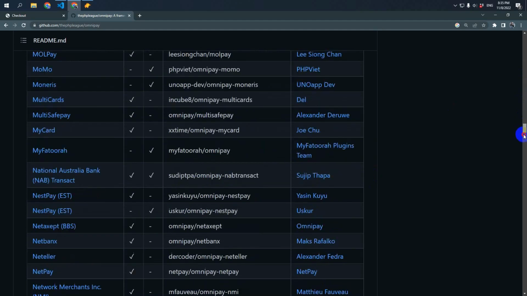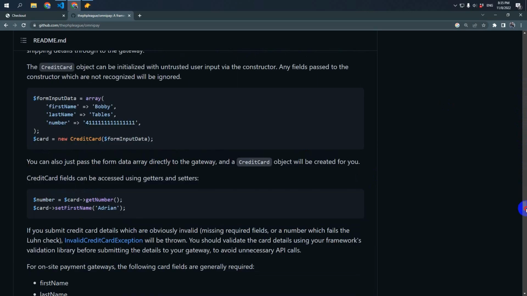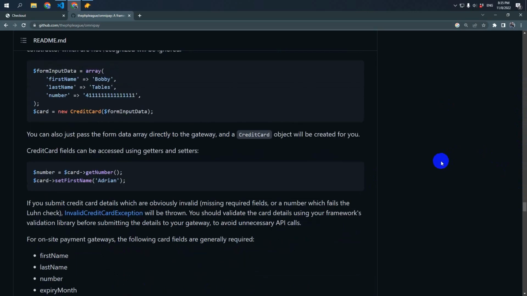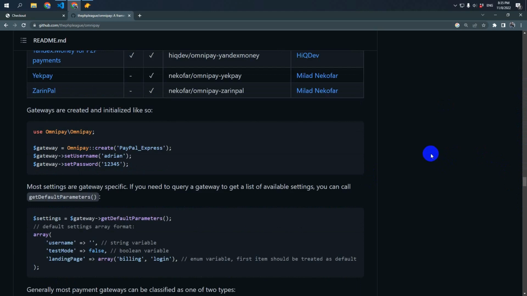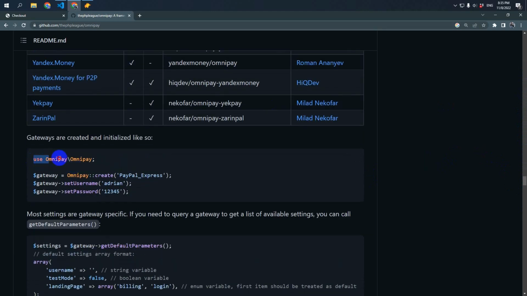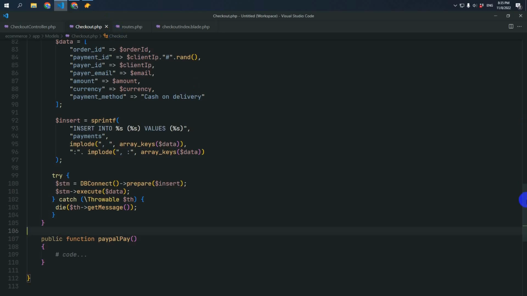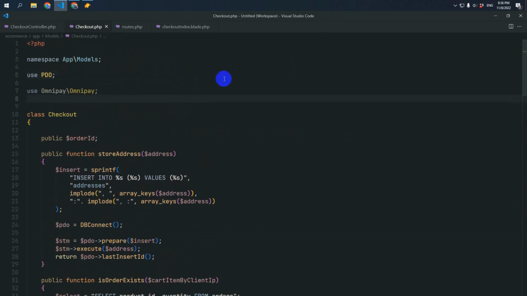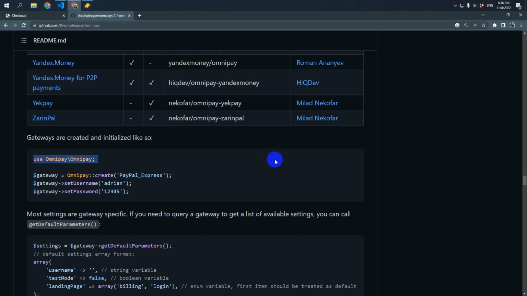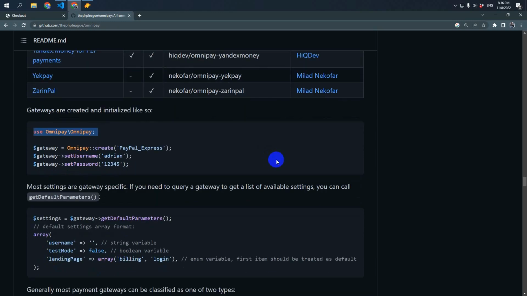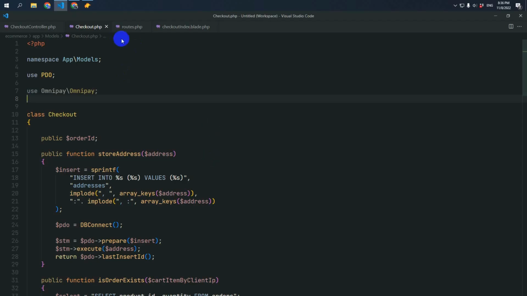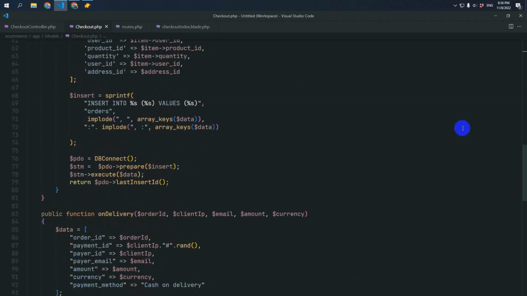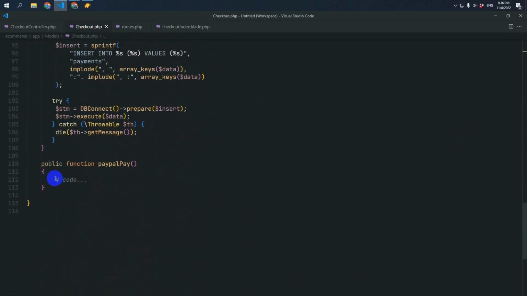We have to, let's see, yeah, we can use this way OmniPay. Okay, let's use it in our checkout model. Go to the top, and we can say use this. Okay, and let's move to the PayPal pay method. So here we need some parts,